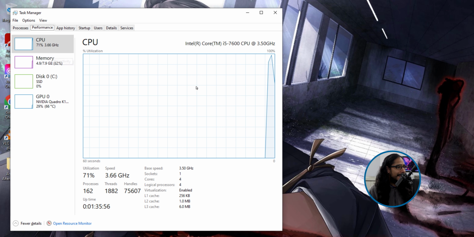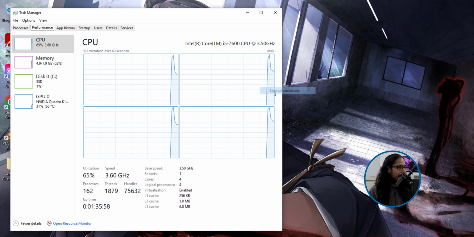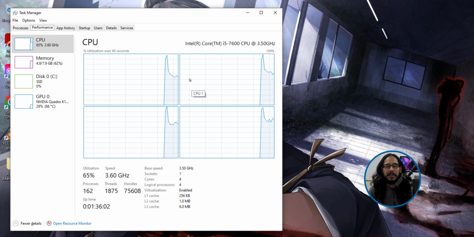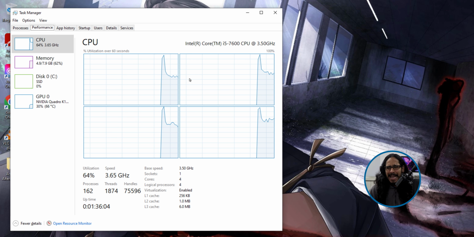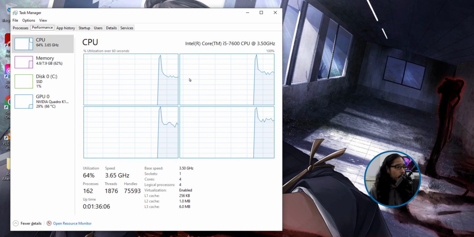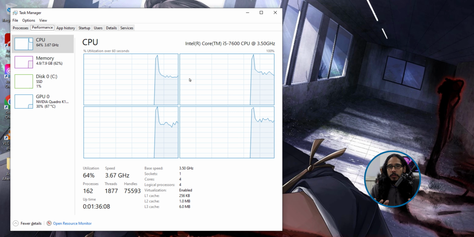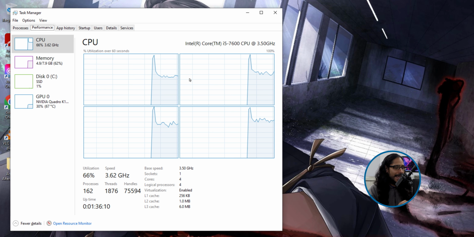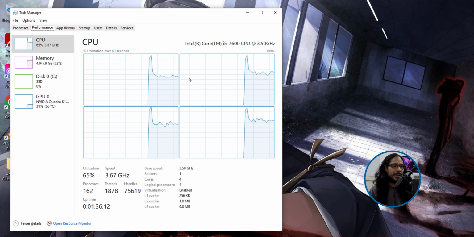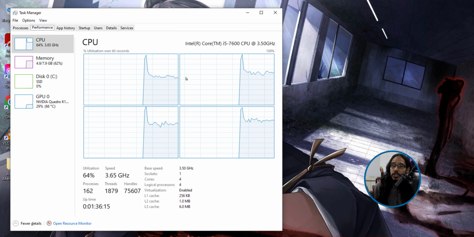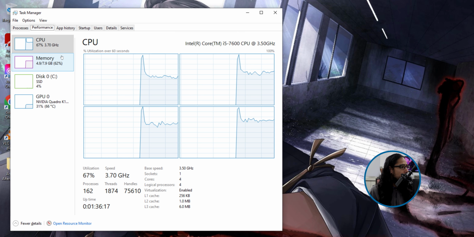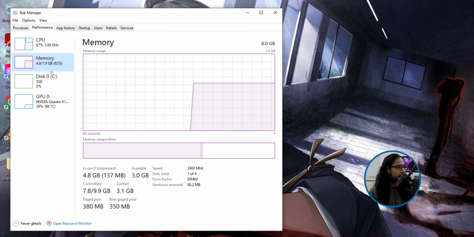Now, this machine is housing an Intel Core i5-7600 CPU with a clock speed of 3.50 gigahertz. And I'm not advertising the Dell machine at all, but the reason why I'm telling you the specifications on this machine is because I am able to run all this software with no problem, which is pretty awesome. 8 gigs of memory, right?